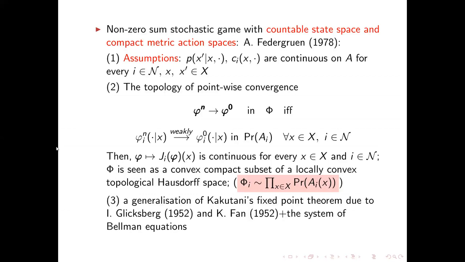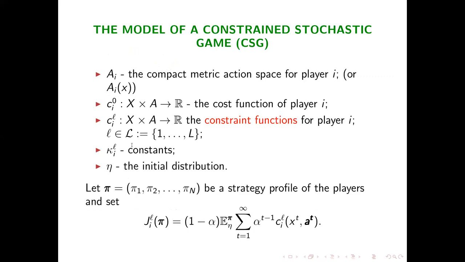And this is all on games. That's the main results for games with countable state space. And now let us go to the model of a constrained stochastic game, also with countable state